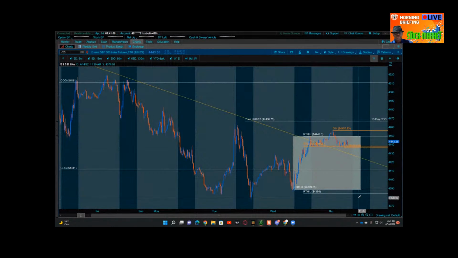So when we look at it from that point of view, asking the question, what's more likely: that we break below 43.80 and head to the downside, or that we break above 44.50 and head to the upside? I'd say a topside breakout's much more likely than a bottom side breakout. But we could revisit the lows of the range without breaking out of the bottom of the range, and that would be